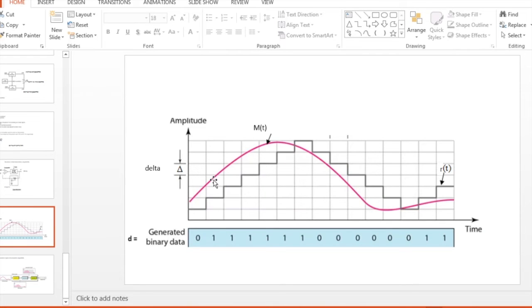Here MT is the baseband signal, RT is the staircase approximated signal, the quantized signal, delta is the step size, and D is the modulated output, the sequence of bits generated. So let's go to the Matlab code and see how to get a baseband signal, the quantized signal, and the